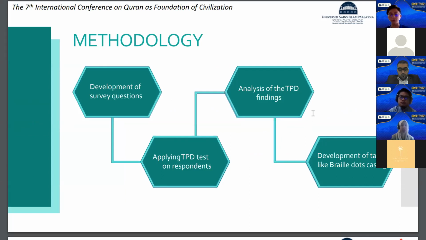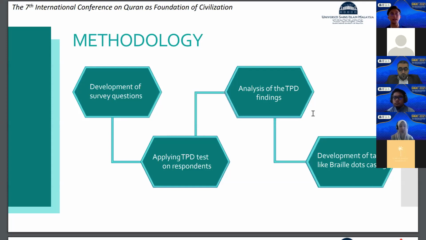Our project started with development of survey questions. Second, we are applying TPD tests on the respondents. At this part, we apply on different ages, different gender, and different test set. So what are the test set that we used were